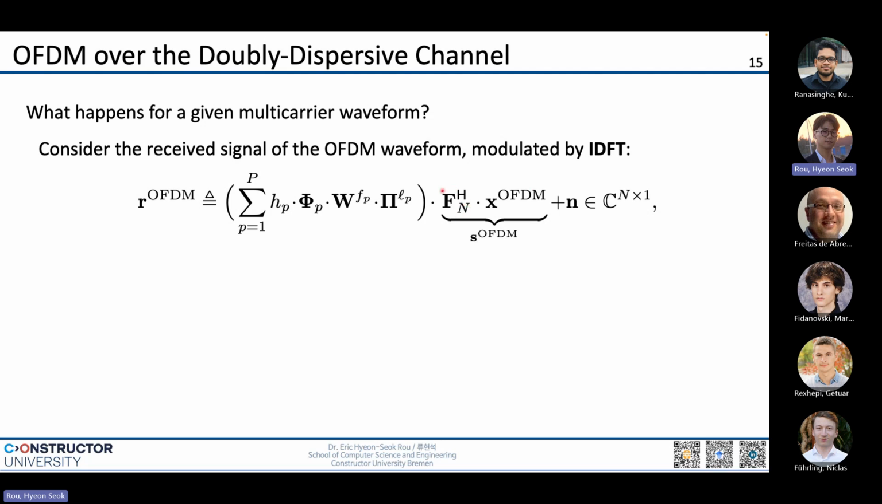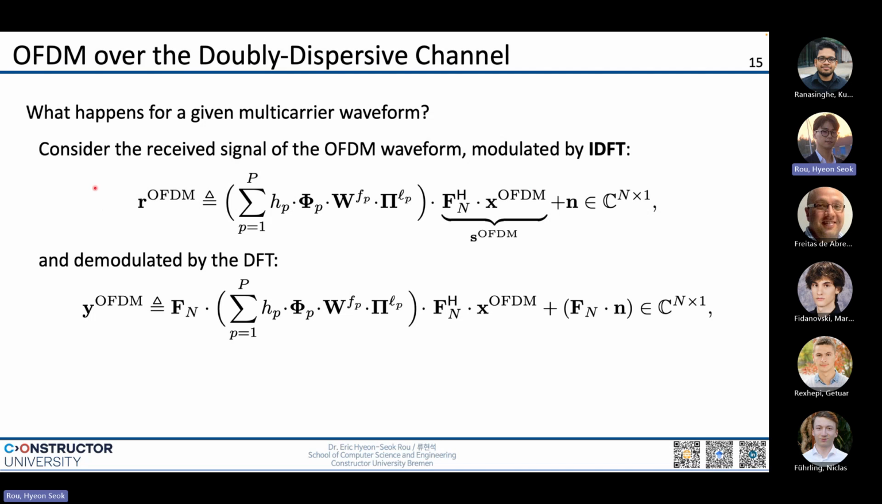So this is an N-point inverse Fourier transform. And this is the total signal that is transmitted over the doubly dispersive channel that we have seen before. And this gives us the received signal of the OFDM. And of course, we can demodulate this received signal. This R of OFDM is multiplied by the forward N-point Fourier transform, and we get the demodulated signal